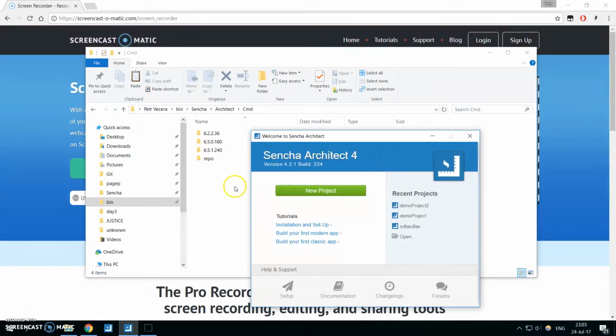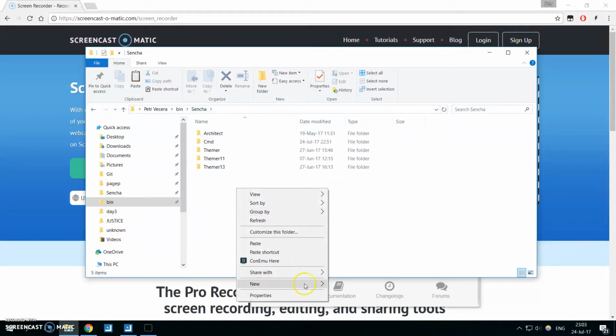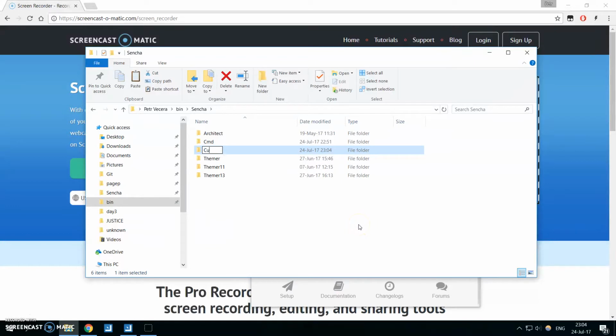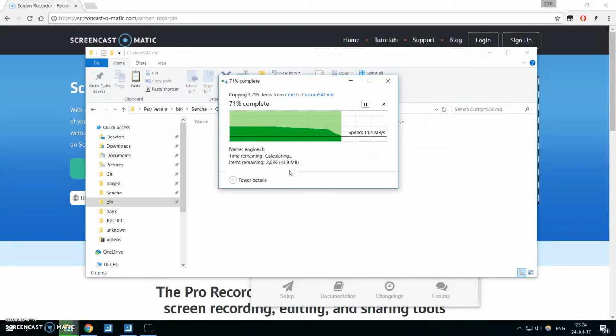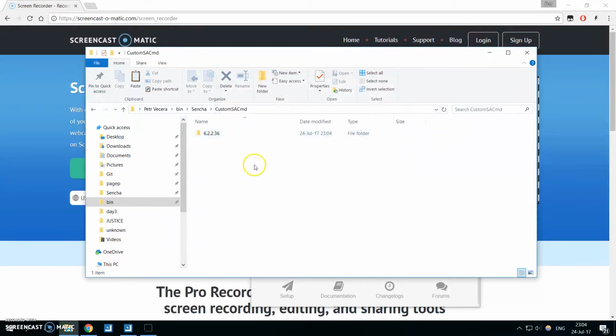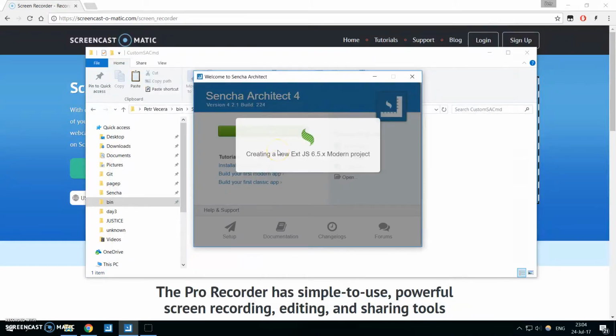Let's say I would like to use some older version, for example 6.2.2, in this folder. In that case, we will have to create a new root folder for the CMD. So let me copy this folder and let's create a new folder, which will be custom CMD, and copy this CMD folder in there. Now let's go to the Sencha Architect, create a blank project,